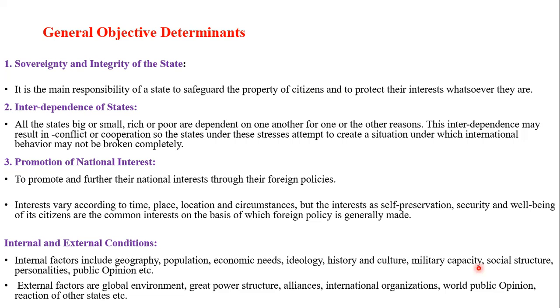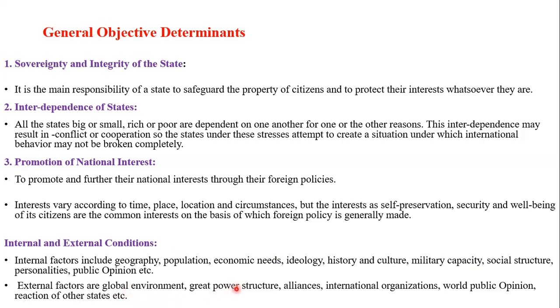Social structure of the country is very important. For example, people from the subcontinent easily adjust in Western countries like America, England. They easily adjust in Australia just because of the social structure. But they hardly adjust in the Arab world because they cannot adjust easily. Personalities, public opinion, fine, they are the external determinants, and others are global environment,